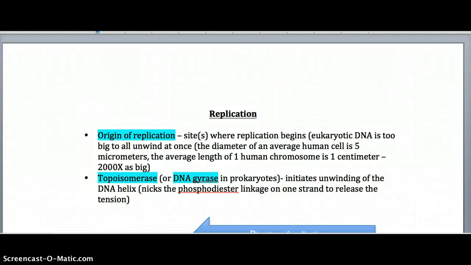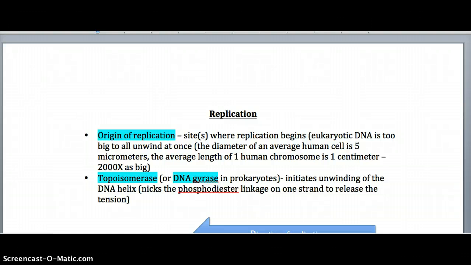Today we're going to look at the process of replication. Replication is what happens inside the nucleus of each of your cells, and most cells in general, when the cell is preparing for some kind of cell division, either meiosis or mitosis. You're aware during those